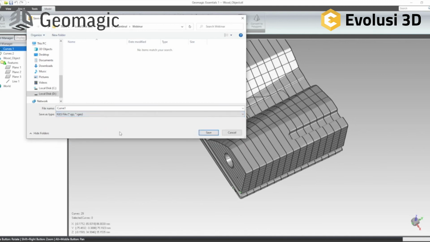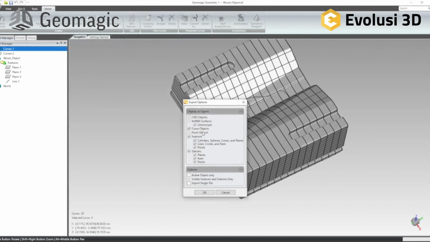Click on IGES format, save the curve, save. Here we can say export it as a single file, or otherwise all these curves we saw down there are exported every one in a single file. So export in a single file, say OK,